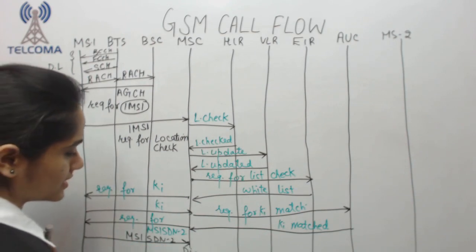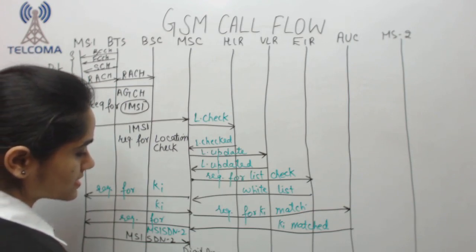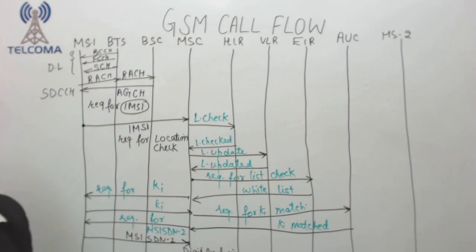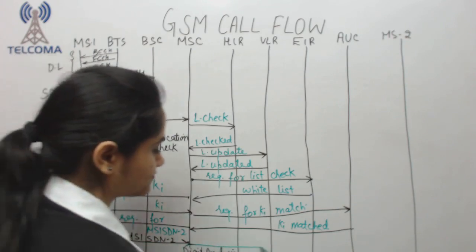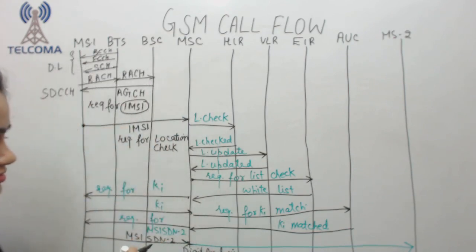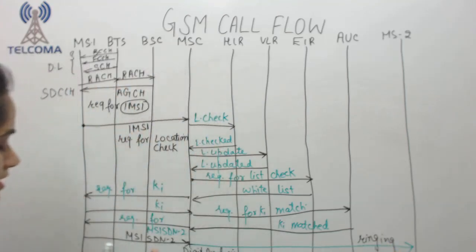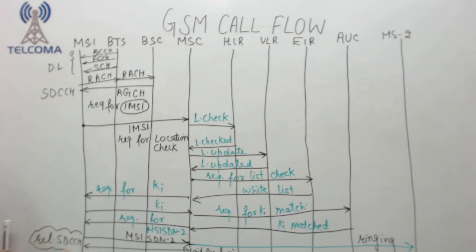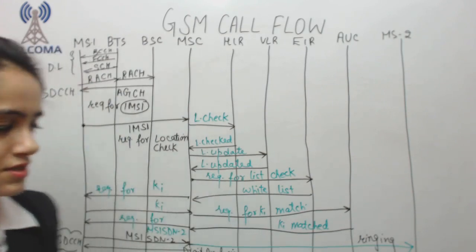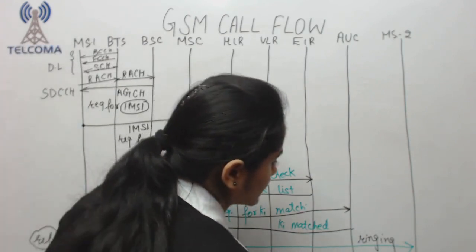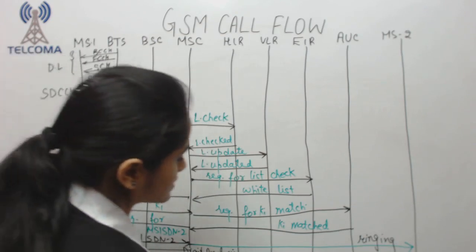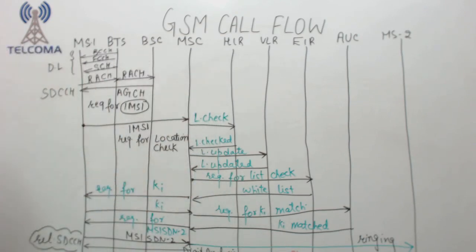Here the MSC will do digit analysis. Digit analysis is basically a feature through which we can find out where the person is located. So the person is found, and when the person is found, we have ringing. When ringing, there is a command from the MSC: release SDCCH, because SDCCH is a channel which is there for signaling purposes. Now suppose that the person picks up the call. So now we have a traffic channel between the two ends with which they can communicate. This is a traffic channel.